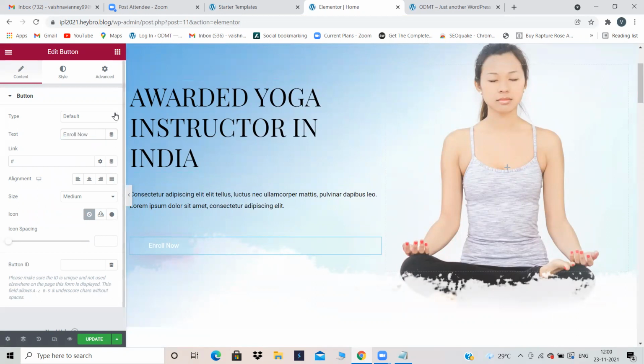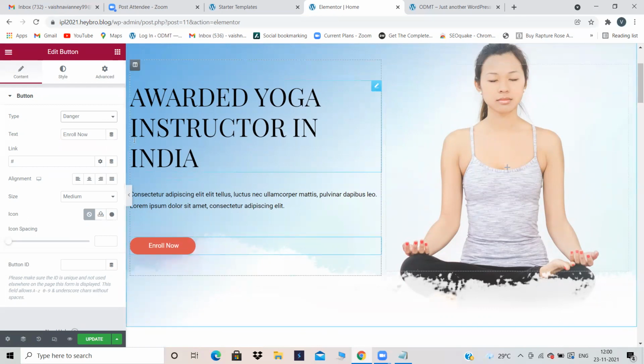Enroll now. Now let's see, yesterday these options were not working. See, yesterday what happened? I told you, right? Success, it will change to green color. Warning might be yellow color. And danger, it will change to red color. Yesterday it was not changing. Actually, in some themes it will work, and in some it will not work. Yesterday, Education Hub was our theme, but with the help of Elementor, we were trying to change, and it was not getting changed. But today, it is getting changed. See, however you want to change the color, you can change the color also. Now, if you want to keep it as green, green will look good, so I'm keeping it as green.